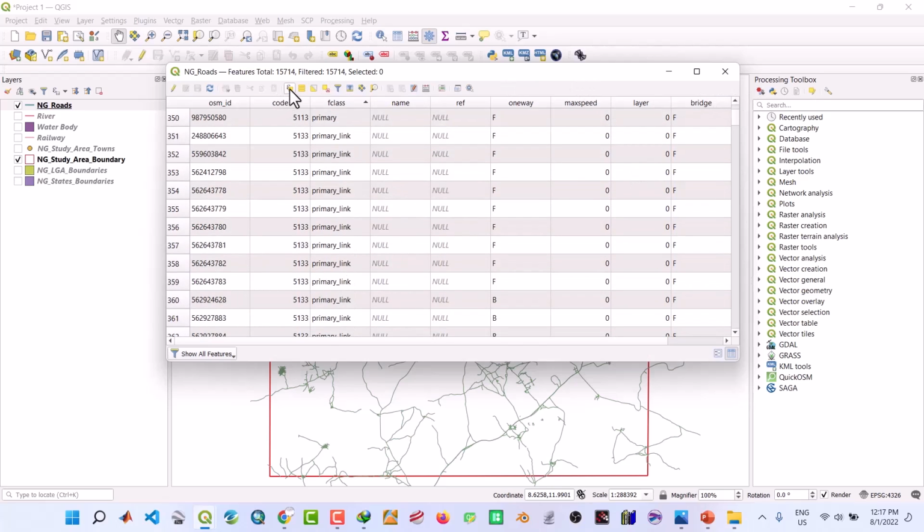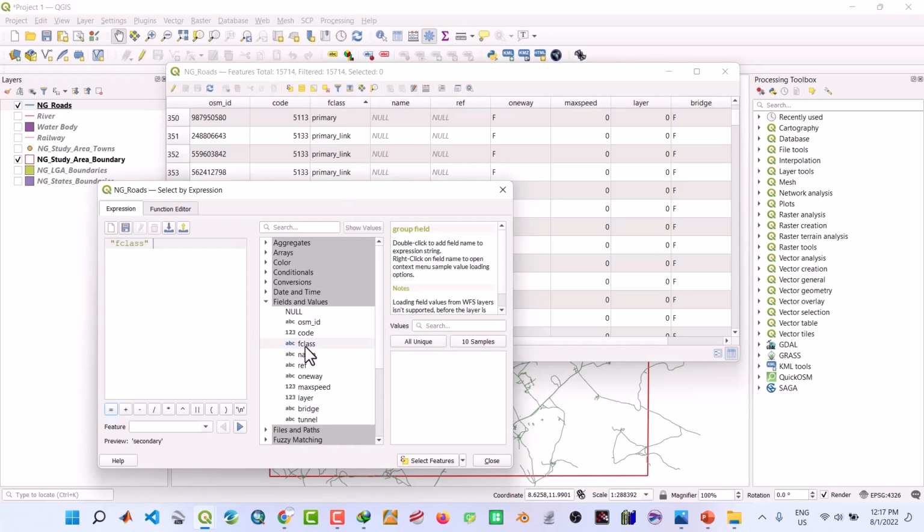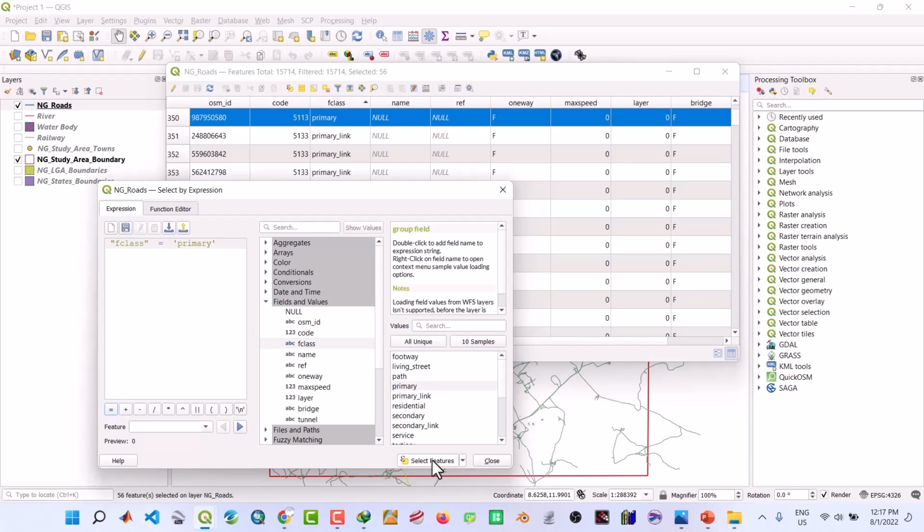So click on this button, select features using expression. Now we're going to select on this column fclass, then click on fields and values, double click on fclass, then here click equal, then click all unique values, then we look for and double click on primary, and finally click on select features,